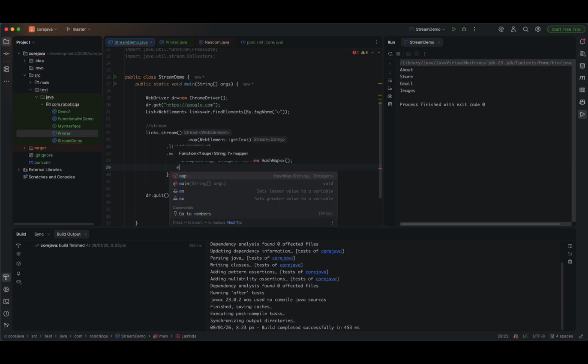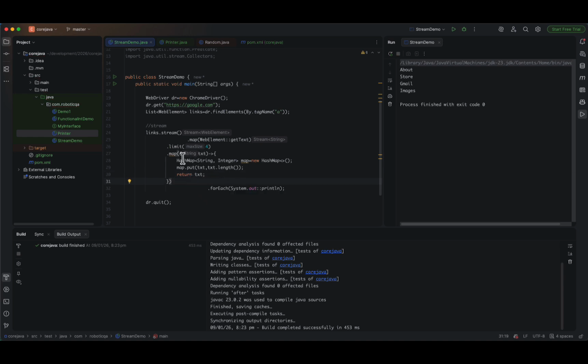And then inside this map, I will put the text and the text length. Second parameter is text dot length. And finally I will return it, that's it. So what we are doing, inside a map, we are passing input as a text: About, Store, Gmail, Images. I created a map. Inside the map, I am putting this text, and the second value is the length of this text, and that I am returning, and then we are using the for each loop. That's it. So now if I run it,